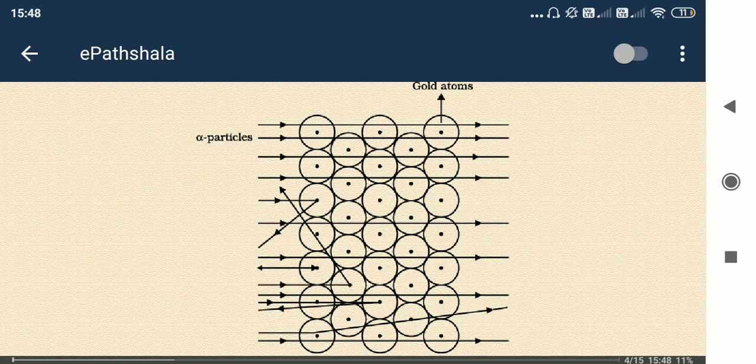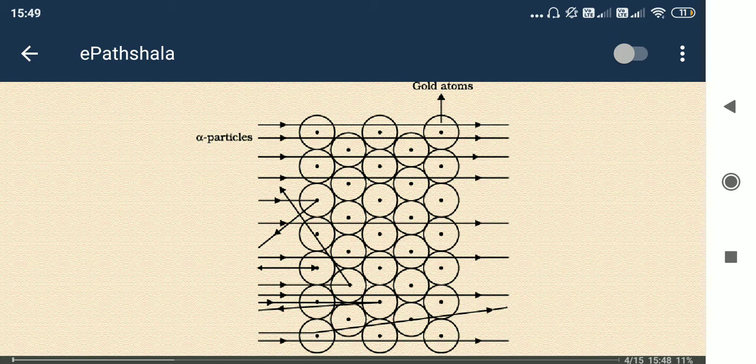If some charged material were spread inside the material, the particle should have undergone some directional change, but that is not happening. Mostly the alpha particles go in a straight line, and this is because most of the space inside the atom is free, void space, meaning there is no presence of any other particle, okay. So mostly empty space is there inside the atom. And another thing: some particles are hitting and getting back to the direction, okay.